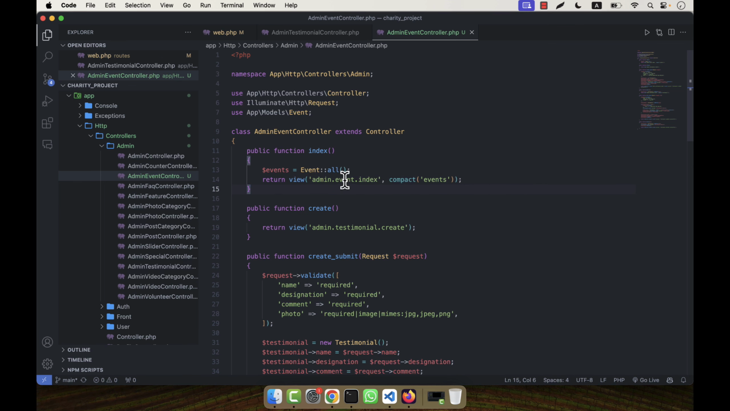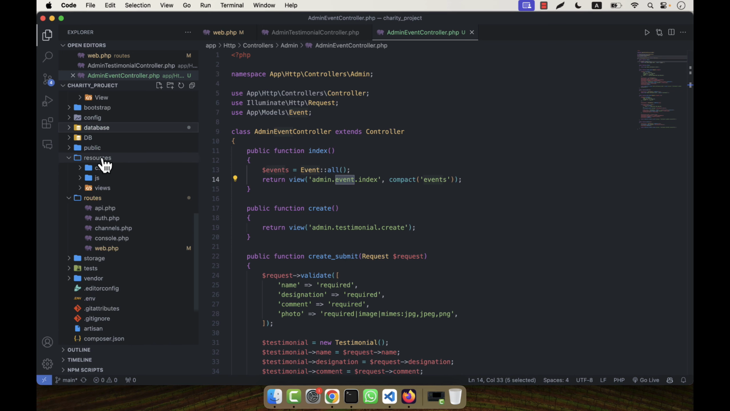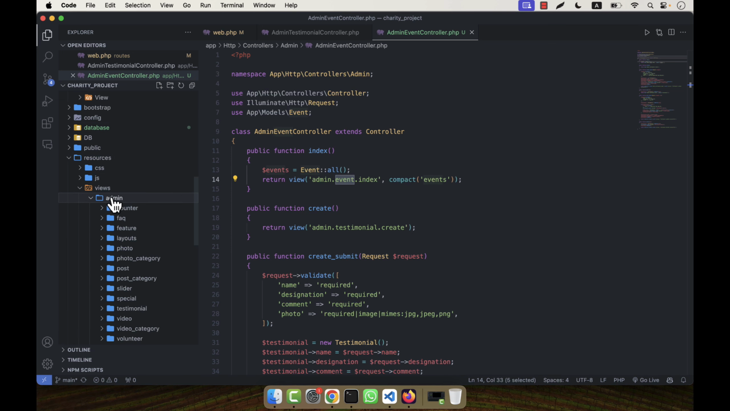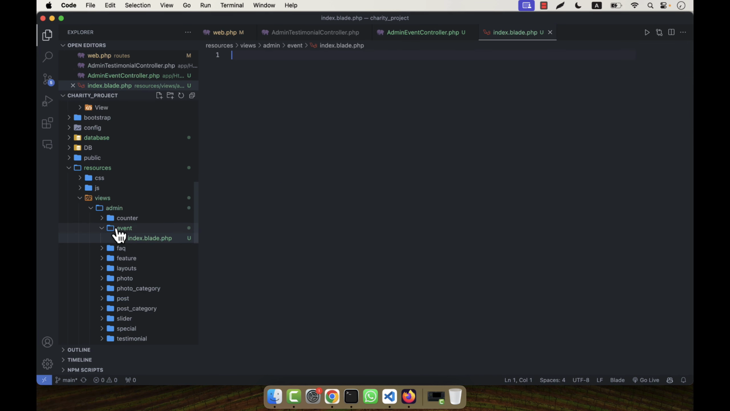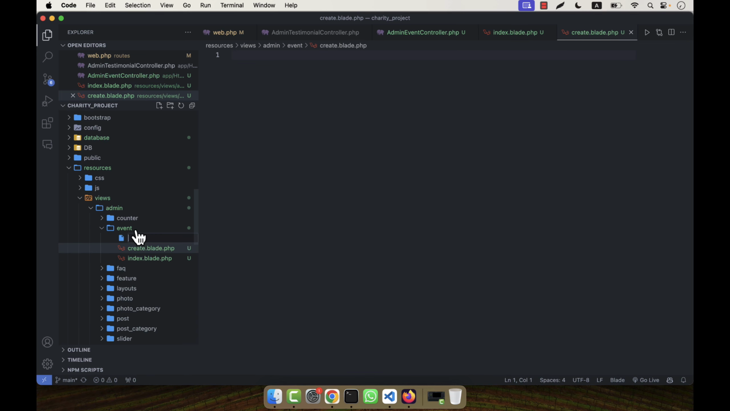So I will have to create a folder into the admin folder by the name event, and there I will create an index blade file. So event folder I am going to create into the view now. So let's go to the resources, views, admin. Here create a folder that is event, and into there I am going to create index.blade.php, and then another file I am going to create, that is create.blade.php. Another one will be